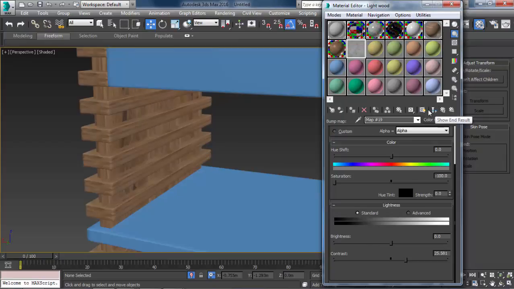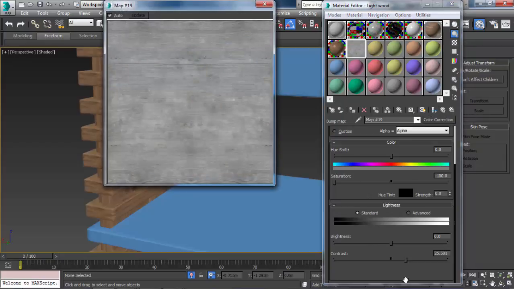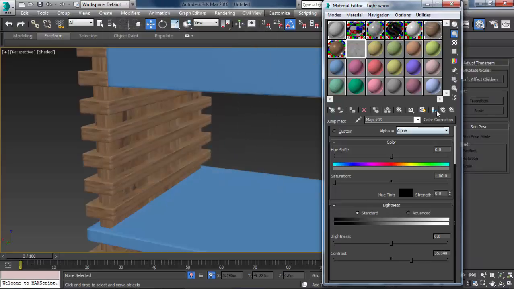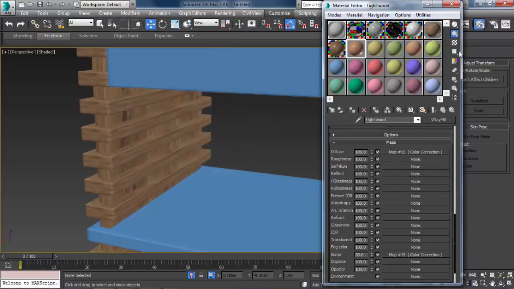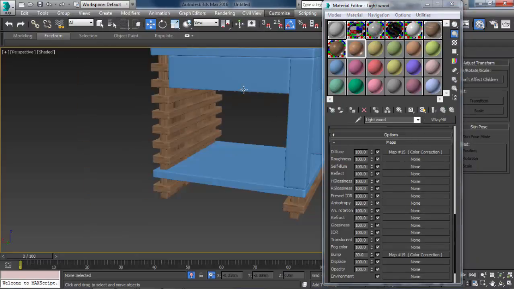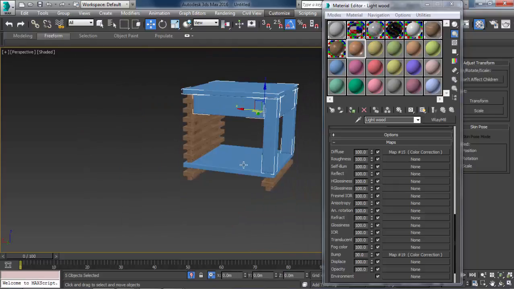The point is when you increase the contrast, as you can see, the white gets whiter and the black gets blacker, and this is what creates the bump. This is what makes the bump look more bumpy. So let's apply this second material here. Sure.